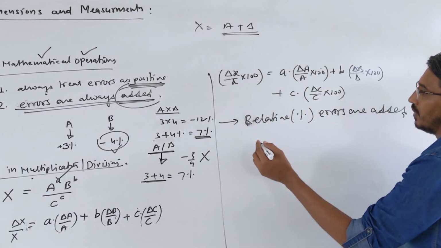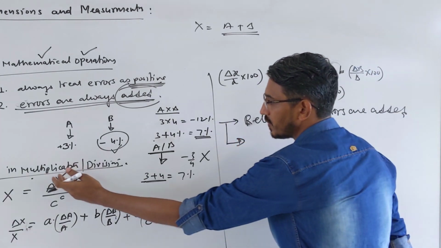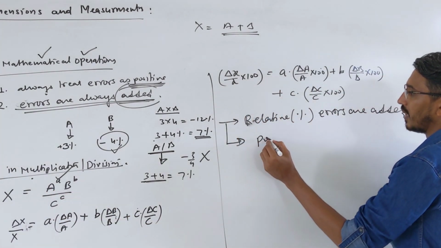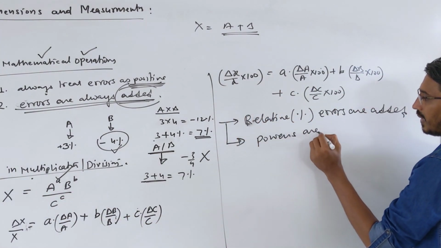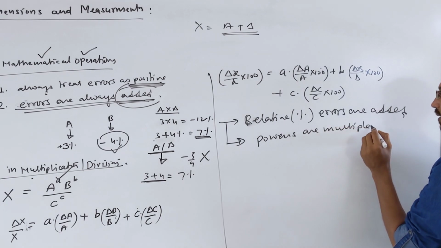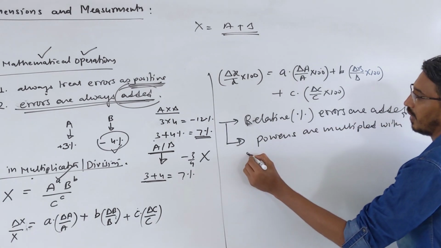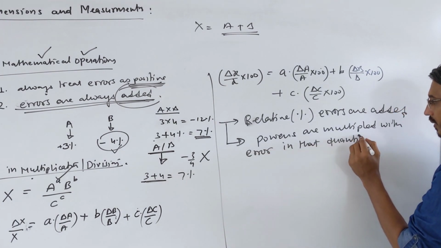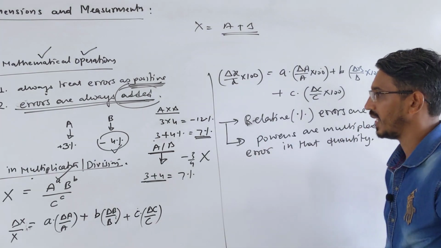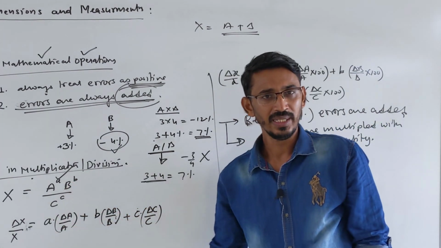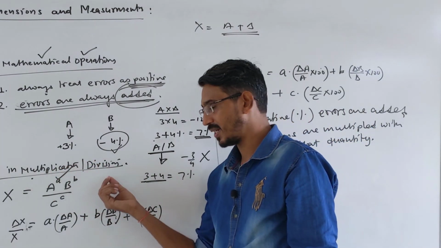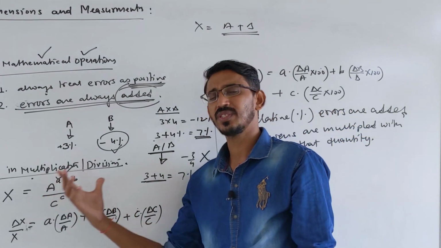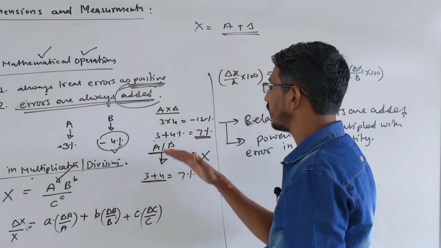Now, if powers are given this way, a power given, then that power is multiplied with the error in that quantity. If a power is given to some quantity, it multiplies the error in that quantity. This much is enough to answer any question based on this, and most of the time they have asked questions based on multiplication or division, 99%, okay? Almost every year there is one question based on error like this, and it's very simple. Once we solve the problem you will understand.